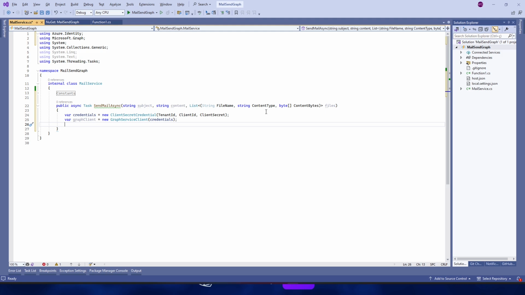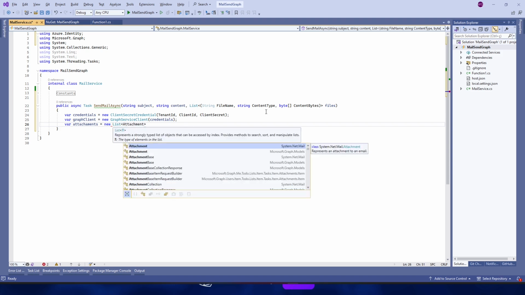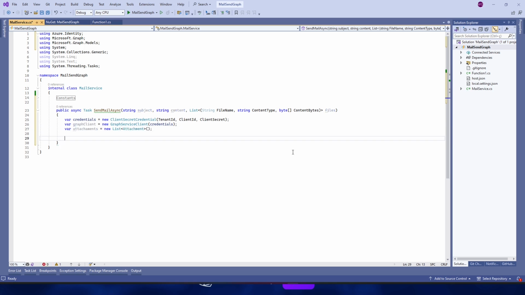And let's create the attachments variable: var attachments equals new List of Attachment. It's necessary to use Attachment from Microsoft.Graph.Models. Now let's populate our attachments variable.